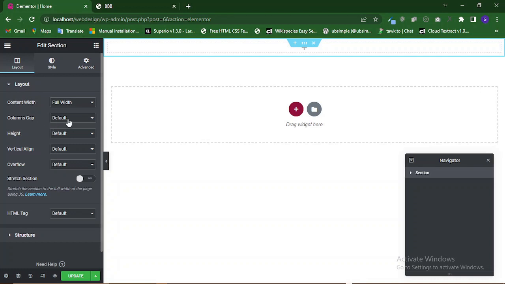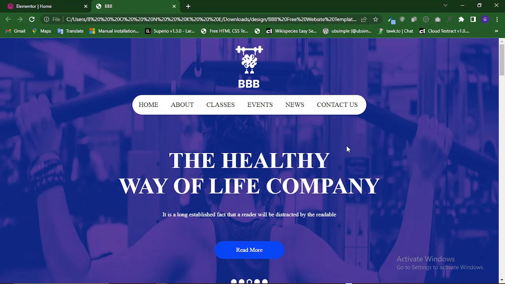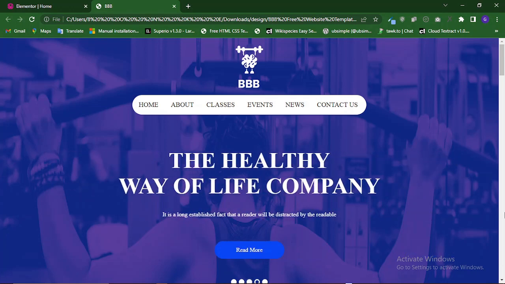Okay, column gap, no, we don't want any column gap. Height, the height is default like this, which we don't like. Remember, our hero section is what we land on when we open this web page or website. We can see everything on full screen width. We didn't have to scroll down to start reading this text. On landing on this page, we can see this text and we can start reading to know excerpts about the